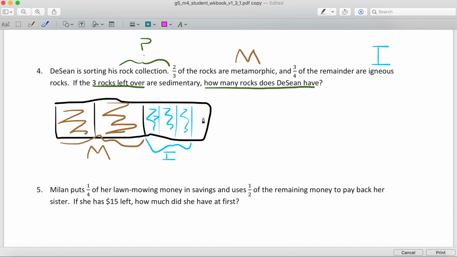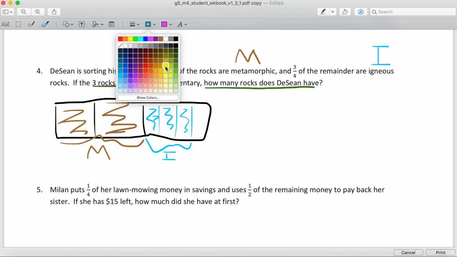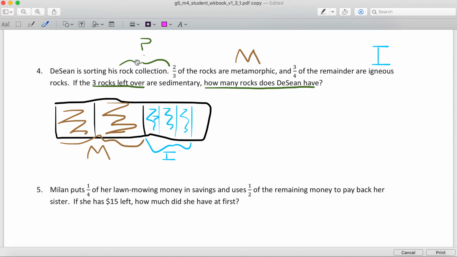Okay, so that means that we know how much this box right here represents. And let's use a purple. That means this box right here represents 3 rocks. I'm going to draw it again. This box, I'm going to first color it purple. This box here represents 3 rocks. Is everybody with me? I hope you are. So if this box is sedimentary,